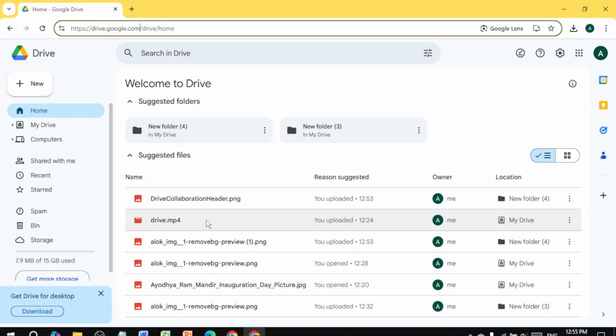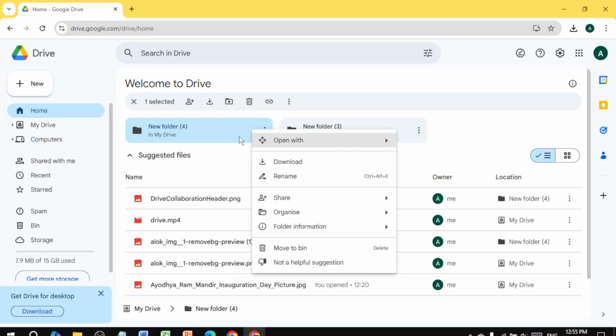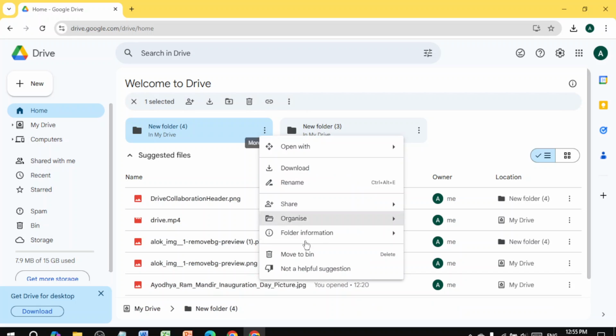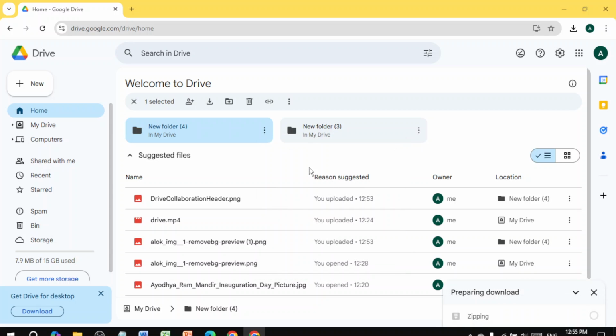So you can select your file, and I select this folder, new folder 4, here. So I select this and right click on this or click on the 3 button. So you can see this pop-up option, and you can select this option, download. So click on it and the file will be downloading, and the file will be automatically zipping,